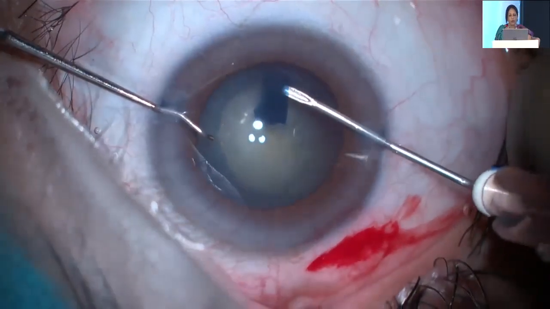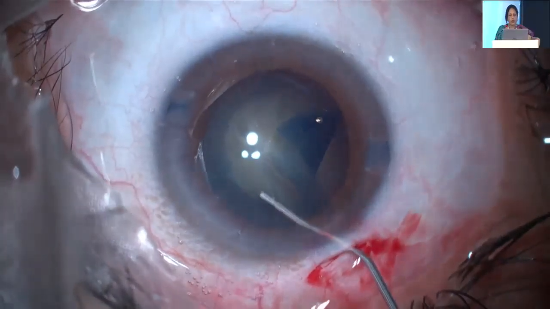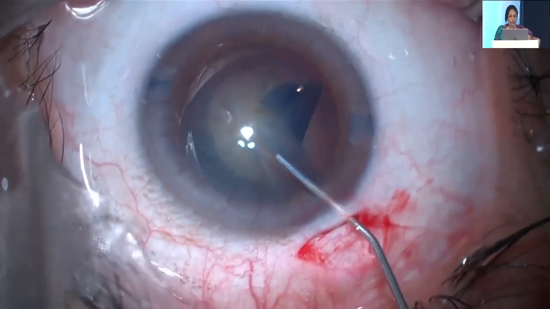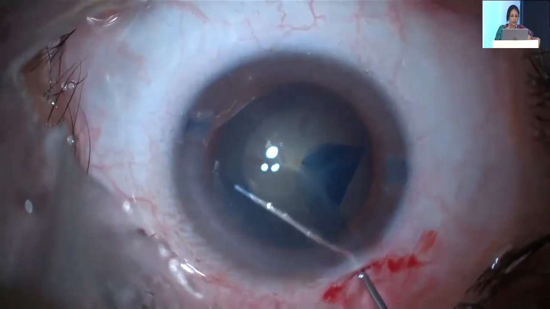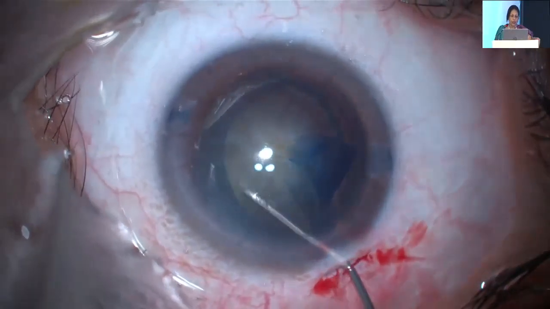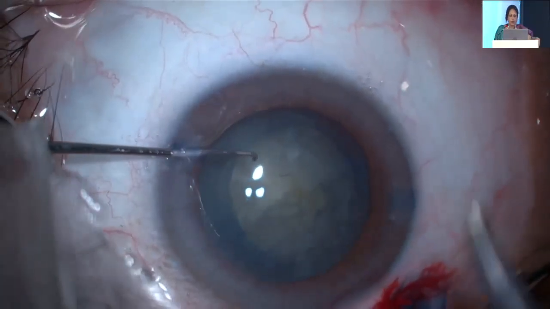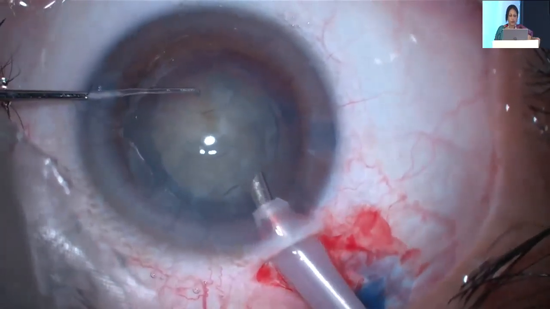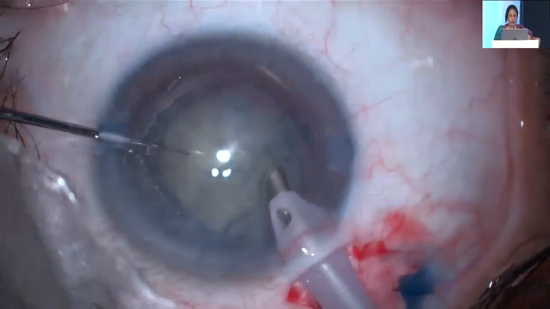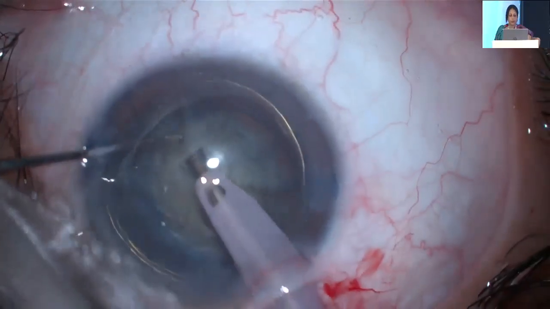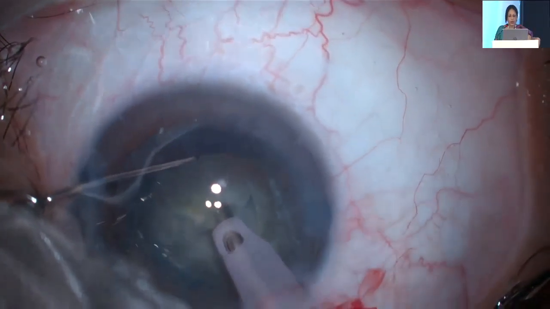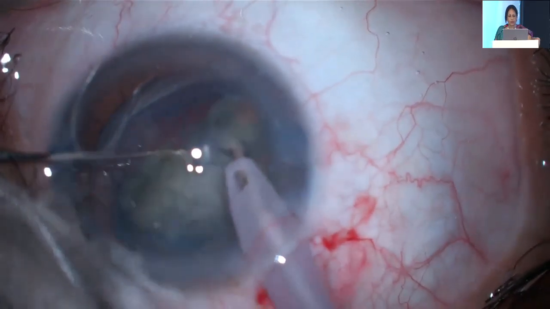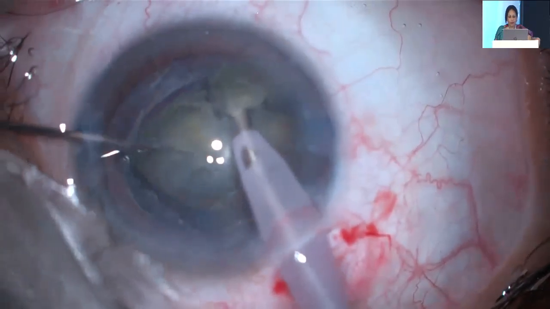Another thing you have to understand is that these patients are going to be high myopes, so their scleral rigidity is going to be low. And instead of going for a stop and chop technique, it is better to go for direct chop in these patients. So this is a posterior limbal incision, and this is the phacoemulsification, and like any other case where you do a direct chop, this is a similar process, nothing different from other cases.